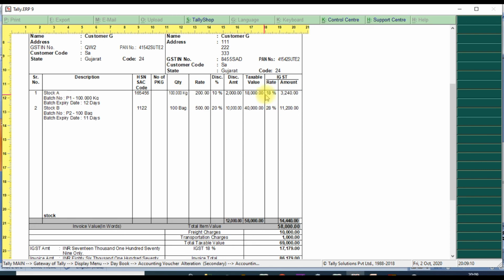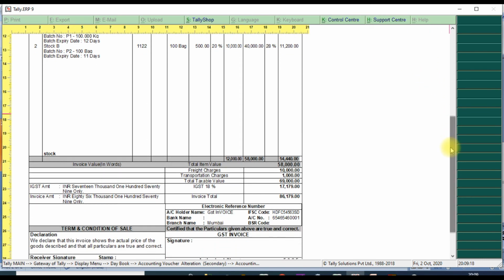This is the item GST value, how much the rate is. Then finally we come downside: ledger information and total IGST calculation here, and finally total taxable value and IGST value.